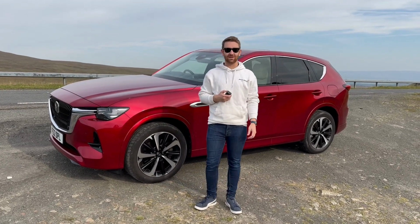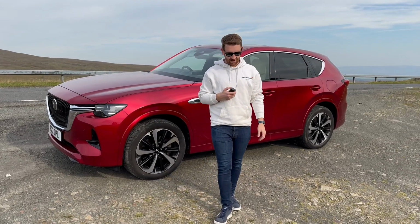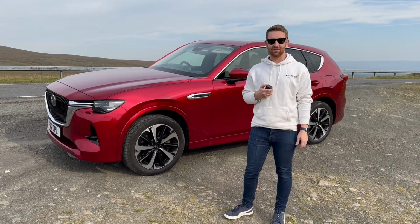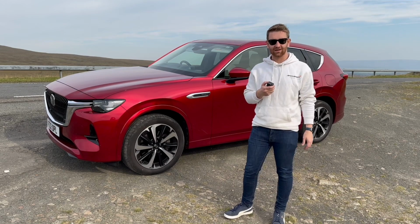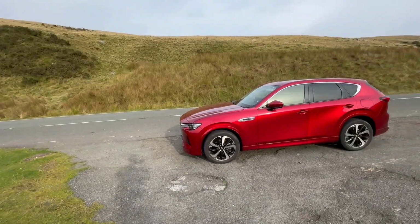I'm Tiff and today's video is going to be a review of the Mazda CX-60 Takumi plug-in hybrid, and the question we're asking today is: is it worth the near £50,000 price tag? Hope you enjoy. So then, in the lovely setting of the Black Mountain roads, we can move on to our